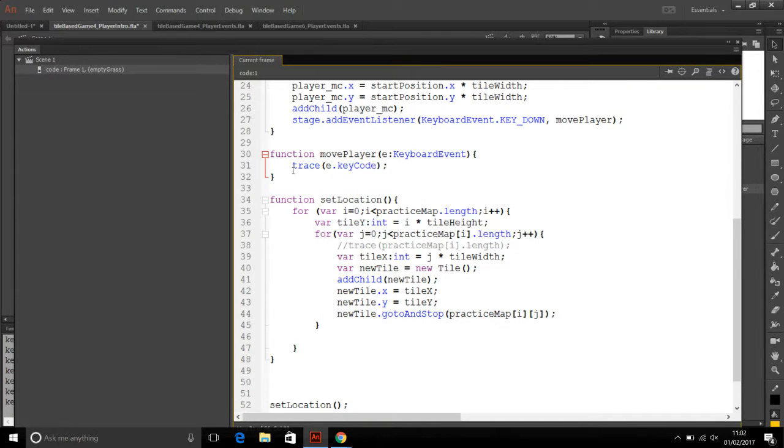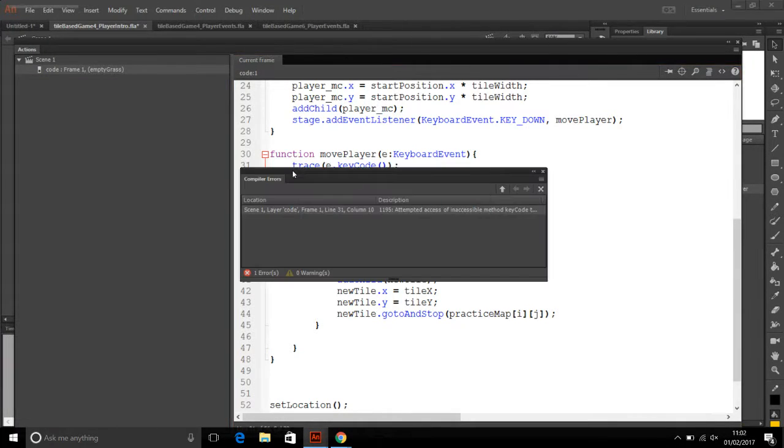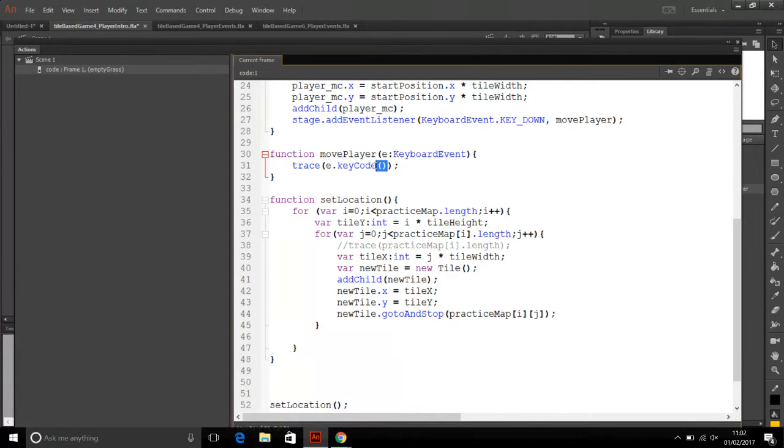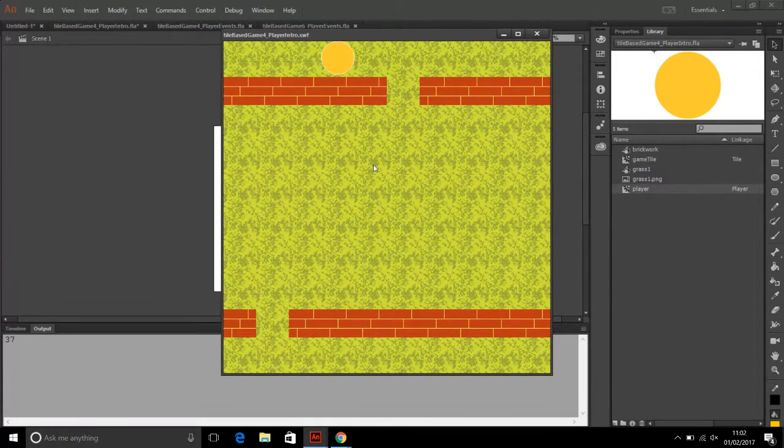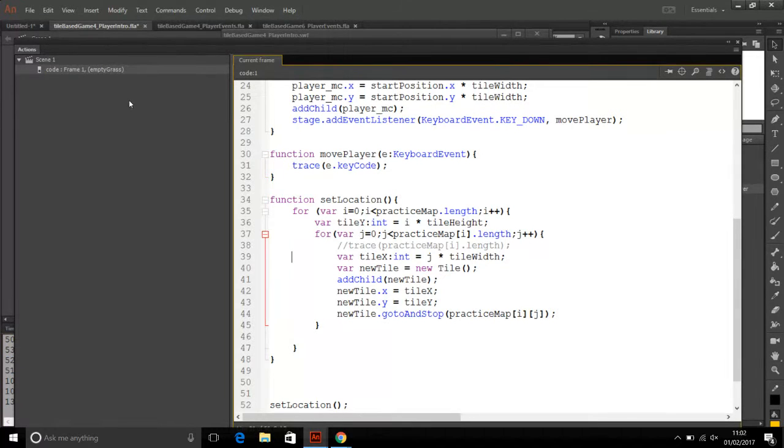We can then use this key code to check which key has been pressed and how to respond to it. So what we can do is we will set some if statements relating to the key code. If e.keyCode equals, and this is a comparison operator. When you use equals once, it's something that sets a value. When you use equals twice, it's something for checking a value. So if keyCode equals, and then we're going to look for Keyboard